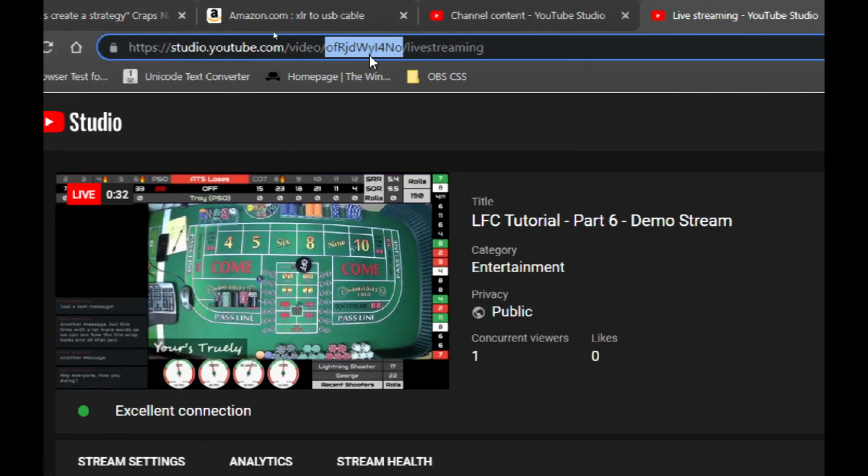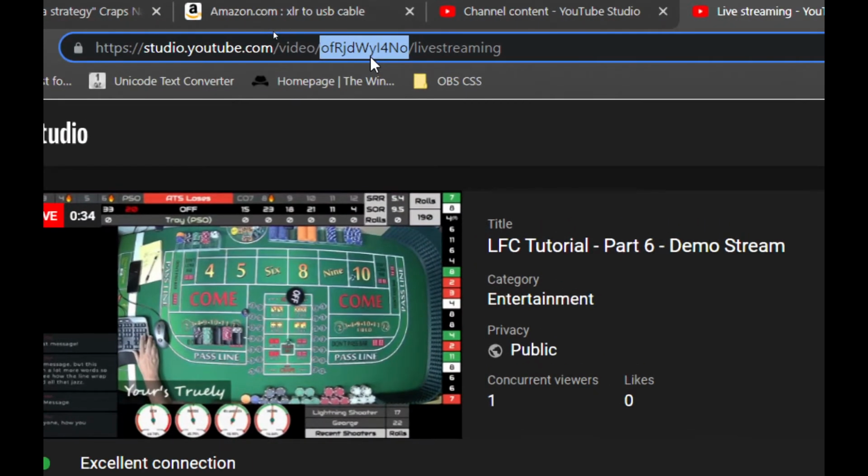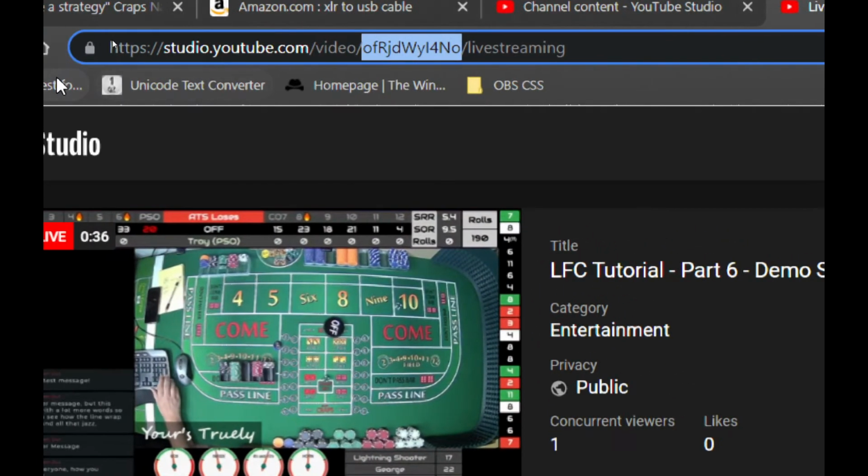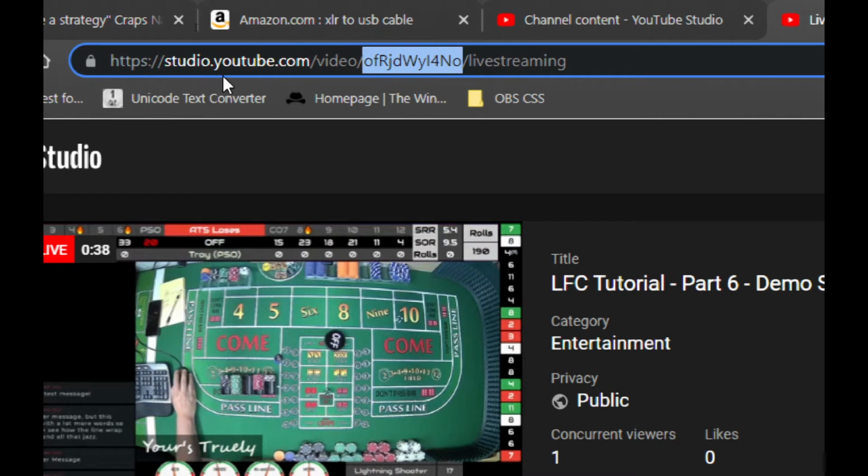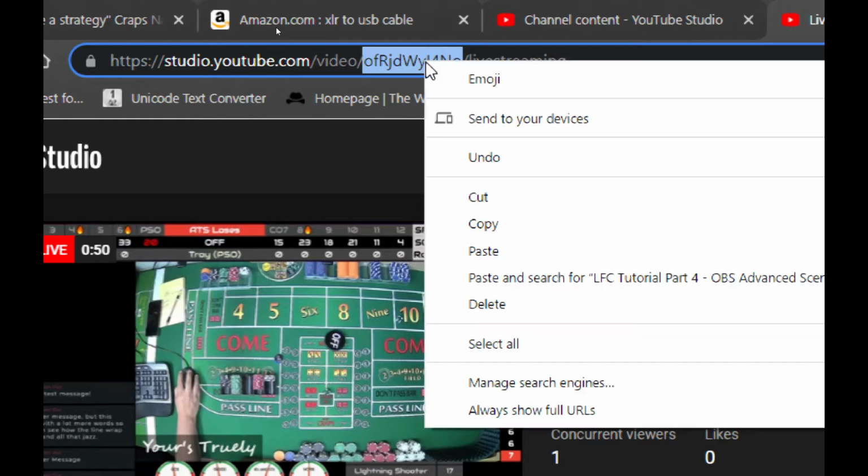So you can see, zoom that in. I don't know, that gets fuzzy real quick. That's all right. So this video ID here, and this is the part that you need to change back in OBS. So if you start a new stream, you get a new video ID, you're just going to come in here, select that right out of there, copy it,